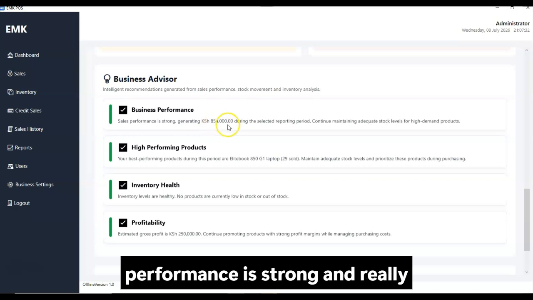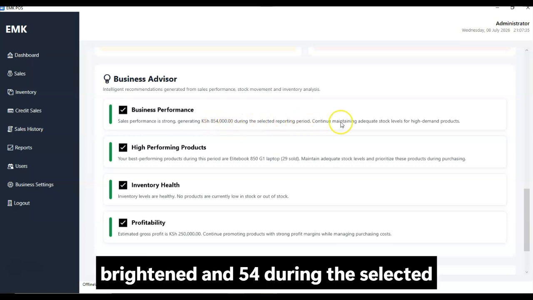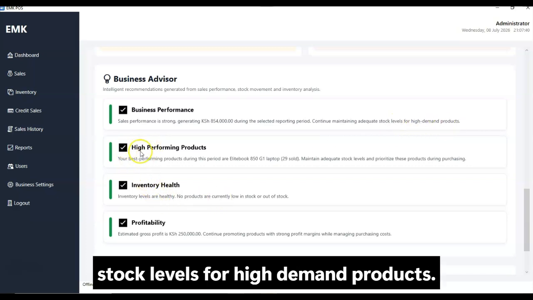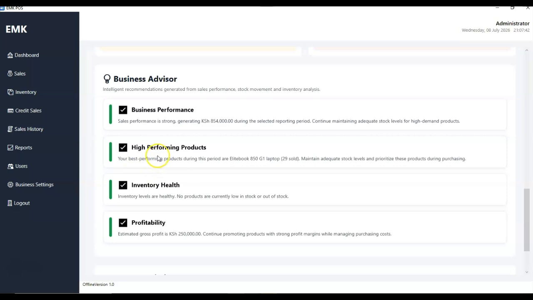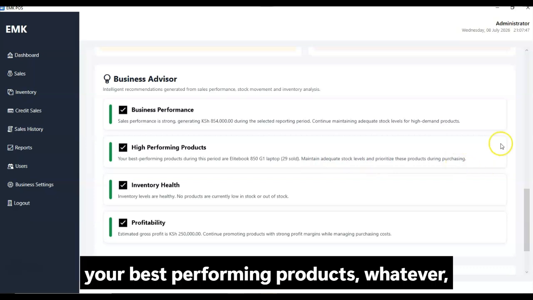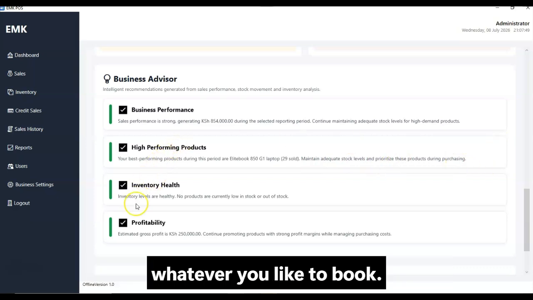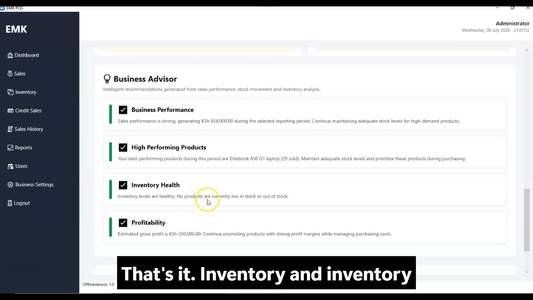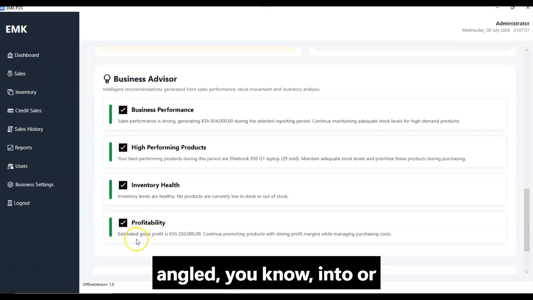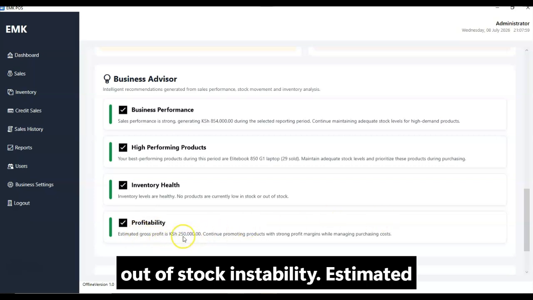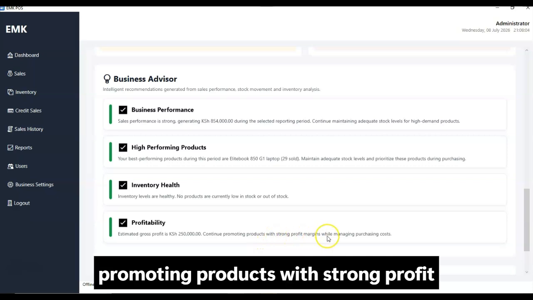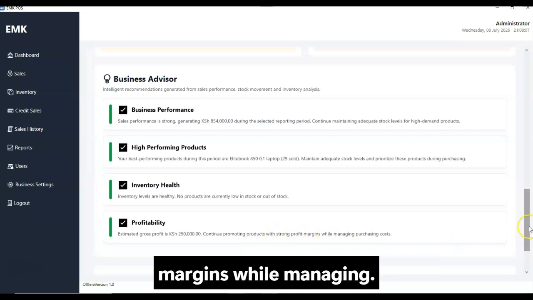Business performance. Sales performance is strong, rated 854 during the selected reporting period. Continue maintaining adequate stock levels for high demand products. High performing products, of course, this one will give you a report of your best performing products, whatever, elite book. That's it. Inventory health. Inventory levels are healthy. No products are currently low in stock or out of stock. Profitability. Estimated gross profit is 250,000. Continue promoting products with strong profit margins while managing